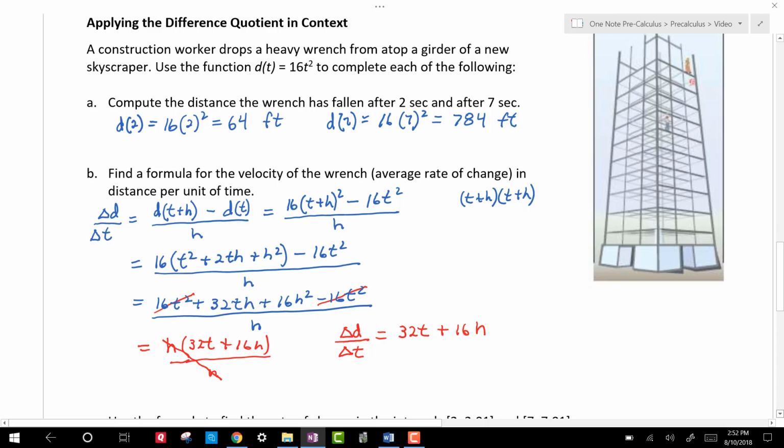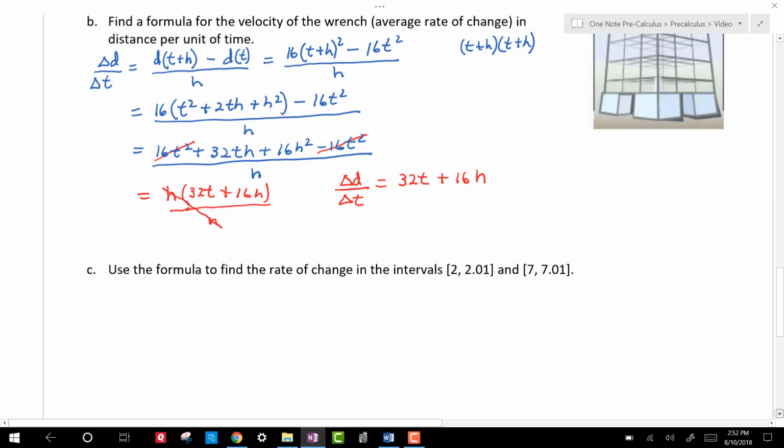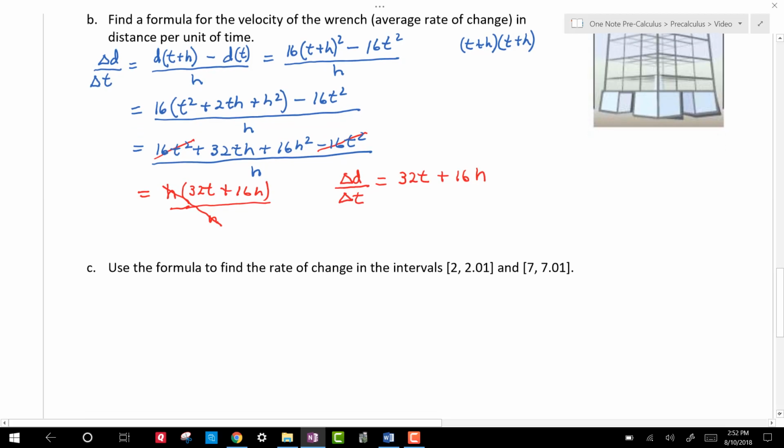Now, the next piece is asking us to use that formula, your difference quotient, to find the rate of change in the intervals 2 to 2.01 and 7 to 7.01. So let's just do the math and then see what it is that we're talking about here. Okay, so in the first interval here, 2 to 2.01, hopefully you can see that if you subtract 2.01 minus 2, your h value is going to equal